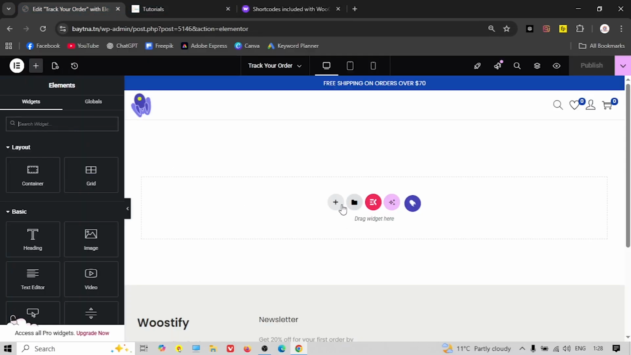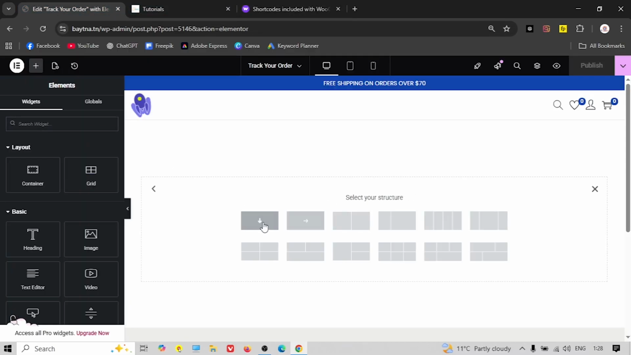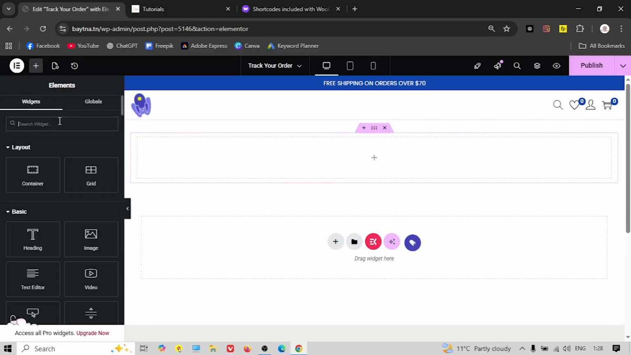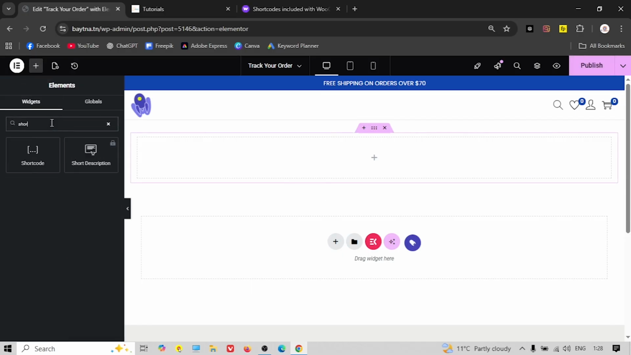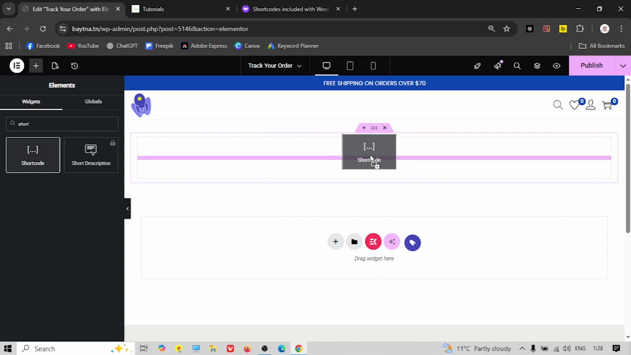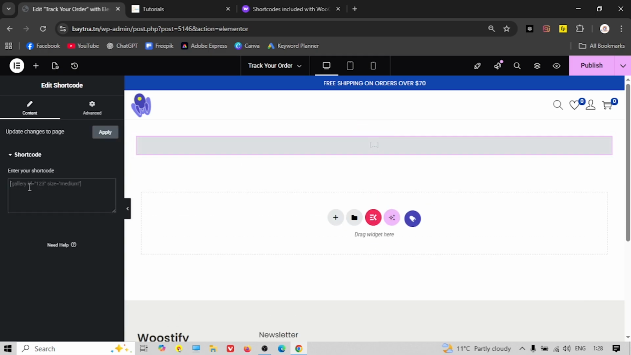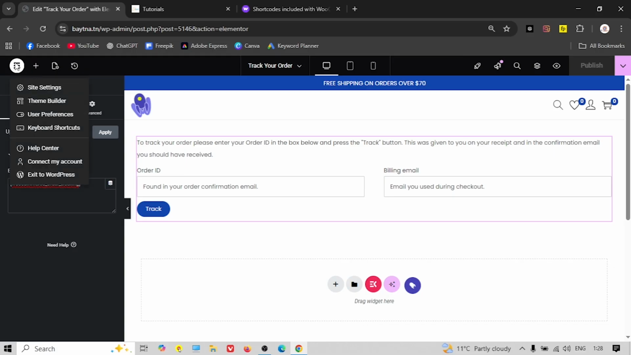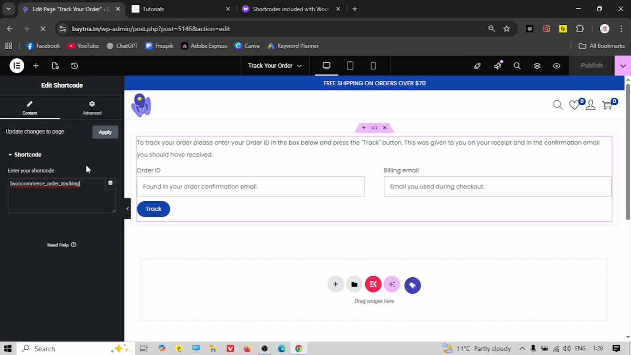We come back. We add a new flexbox, vertical, and we're gonna click the plus button, and we're gonna search for shortcode. We're gonna click and drag, and over here in this box to the left, we're gonna paste the shortcode. And as you see, our shortcode is working fine. So we're gonna click publish. We're gonna come back, exit to WordPress